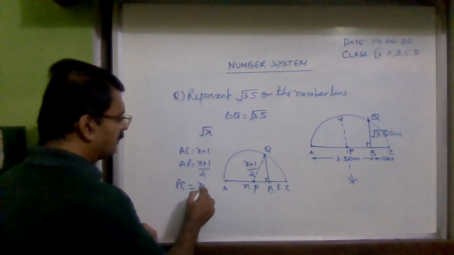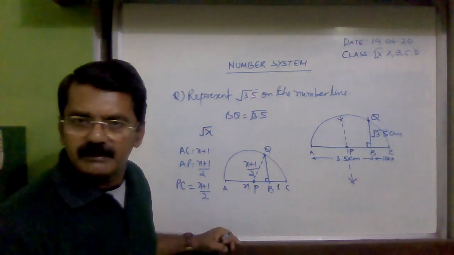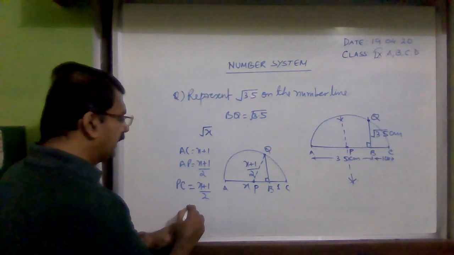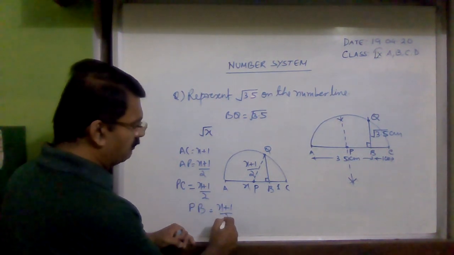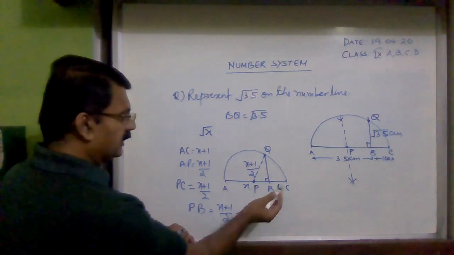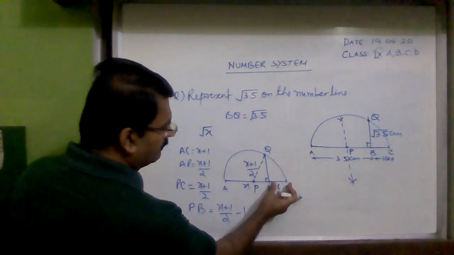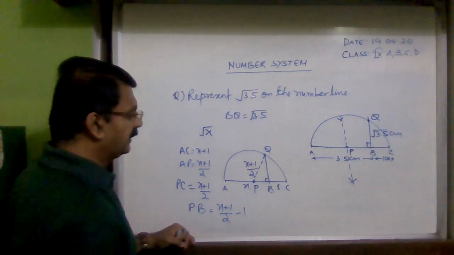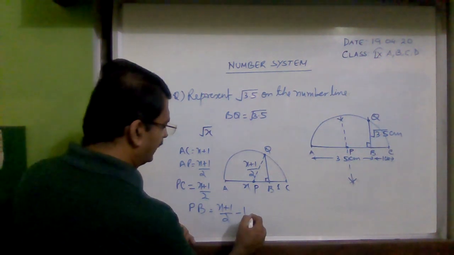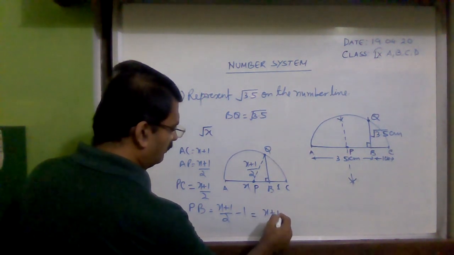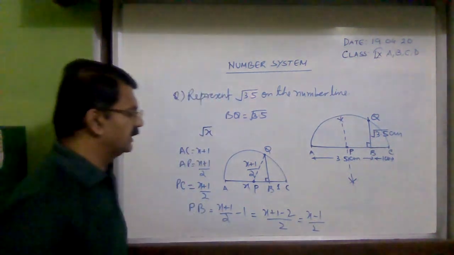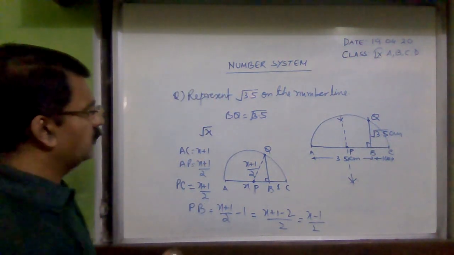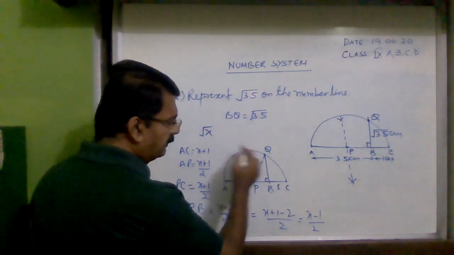Now see, PC is (x plus 1) by 2, that is the radius of the semicircle. Then PB will be (x plus 1) by 2 minus 1 because this length is 1. So PC minus BC gives you PB. So PB is (x plus 1) by 2 minus 1, that is equal to (x plus 1 minus 2) by 2, (x minus 1) by 2. Now, if you apply Pythagoras in triangle PBQ,